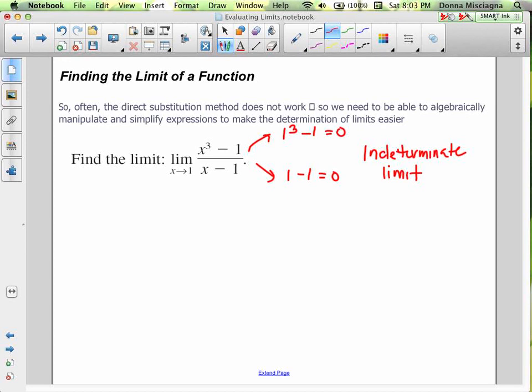All right? So since we're getting 0 when we plug in 1, it must be that x minus 1, or 1, is the problem. Right? So the number you're trying to plug in must be the problem. And so they must share x minus 1 as a factor, or 1 as a solution. So if you didn't remember how to factor this, and I'll show you in a moment, you could just say, okay, 1, 0, 0, minus 1, because we have no squared term, we have no x term, and then use